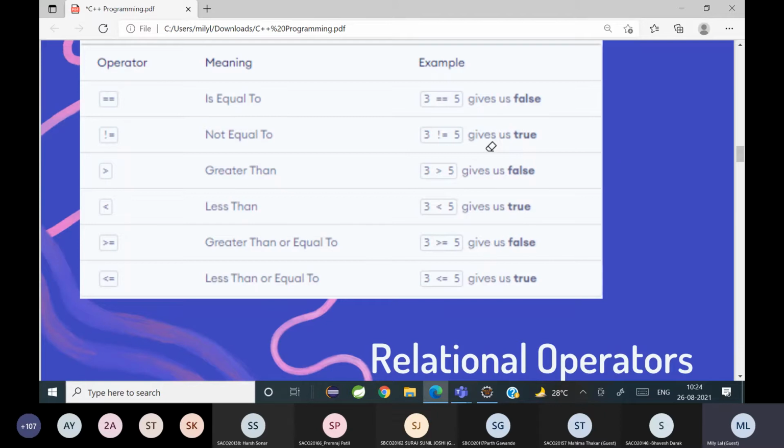मतलब ये जो operators यहाँ पे screen में दिख रहे हैं, it is used for checking how the left hand side is related to the right hand side. Okay, in the previous slide we saw how one value is getting copied to another, whereas here it is checking the condition, the relationship between the left hand side and the right hand side.